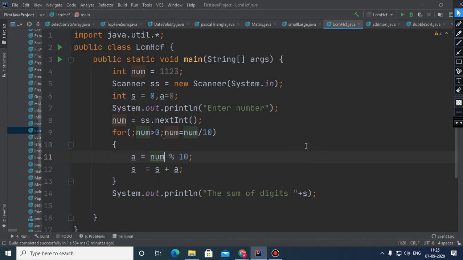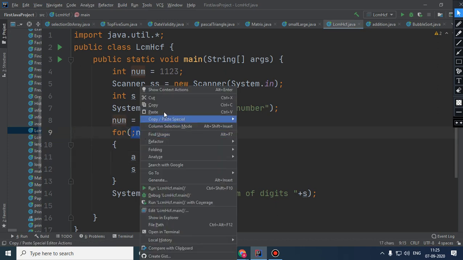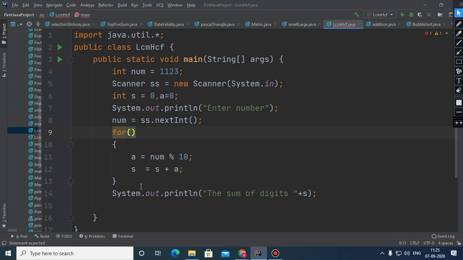In a for loop, what you cannot avoid is the pair of semicolons. The pair of semicolons you cannot avoid, but you can write this part like this.